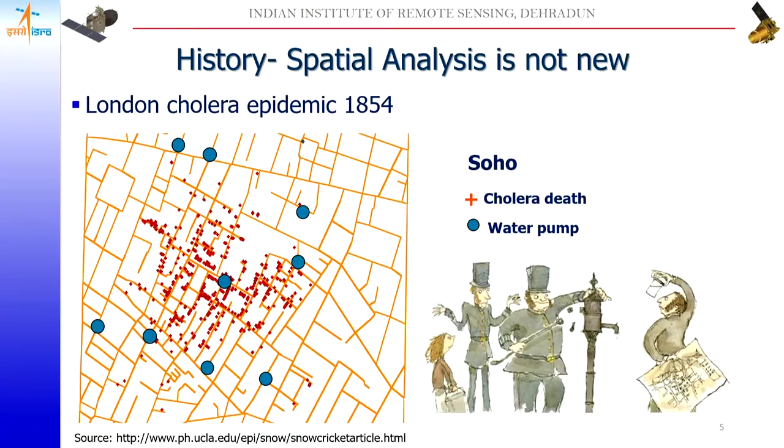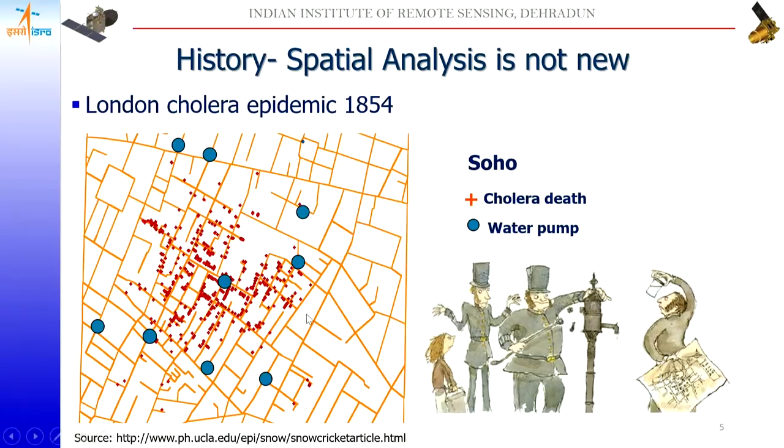So Dr. John Snow, this was the pre-GIS era, he prepared a map, pre-computer era, I'm saying. He mapped the location of the water pumps, because he was sure that the disease was happening because of the water people were drawing from the water pump. To prove his case, he tried to see the relationship between the water pumps and the deaths that had occurred. So he plotted the locations of all the water pumps along with the deaths caused by cholera.